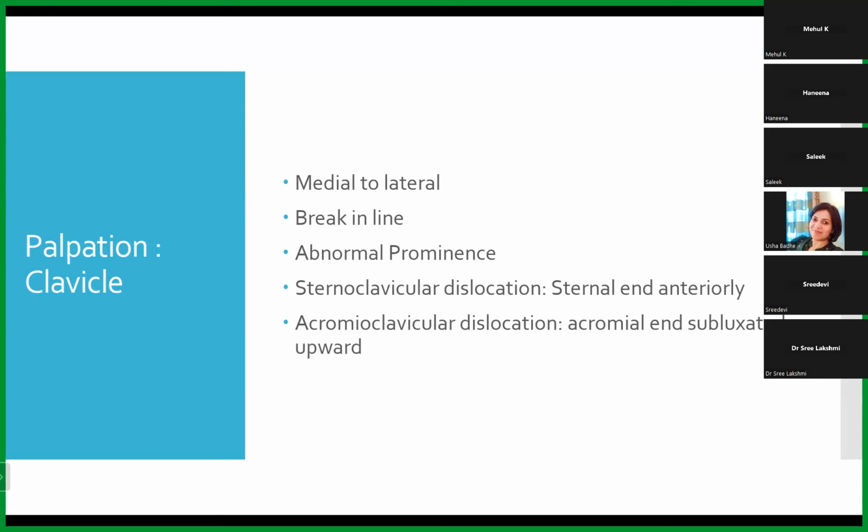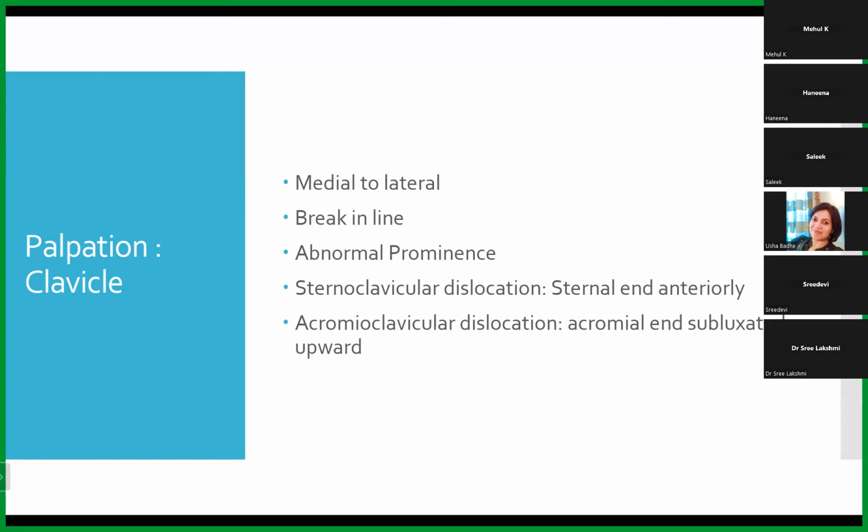The patient is made to sit on a stool with the upper body exposed, and the examiner stands behind the patient. And then he starts to examine bilaterally, from medial to lateral. What we are trying to look for is any break in continuity, any tenderness, any crepitus, or any abnormal prominence. The common dislocations associated with the clavicle are either a sternoclavicular dislocation or an acromioclavicular dislocation. In sternoclavicular dislocation, what usually happens is the sternal end of the clavicle will be displaced